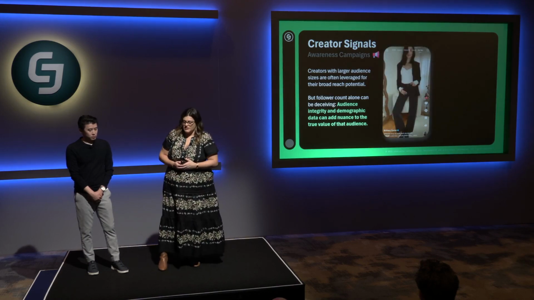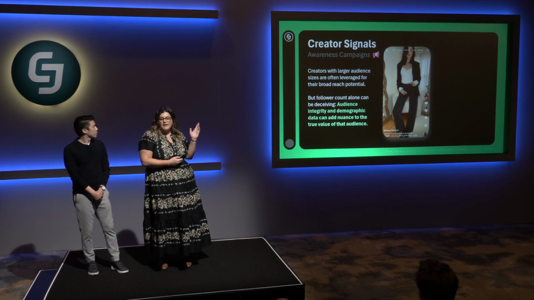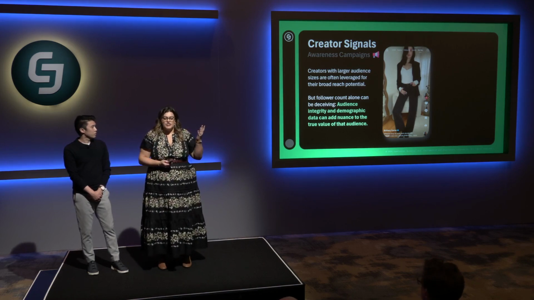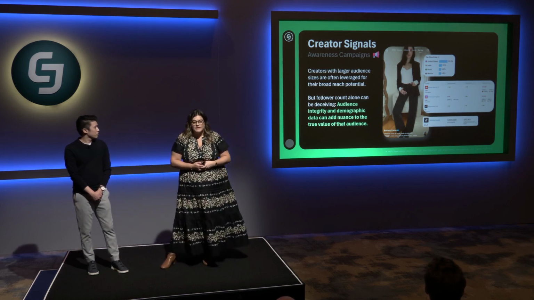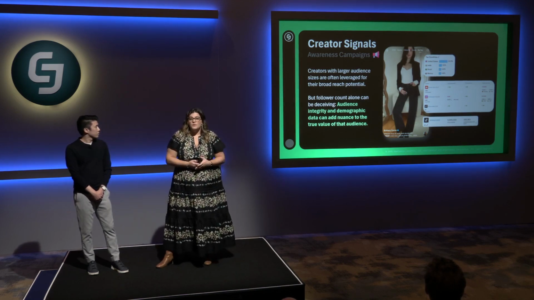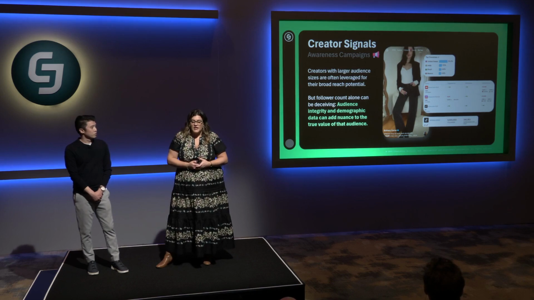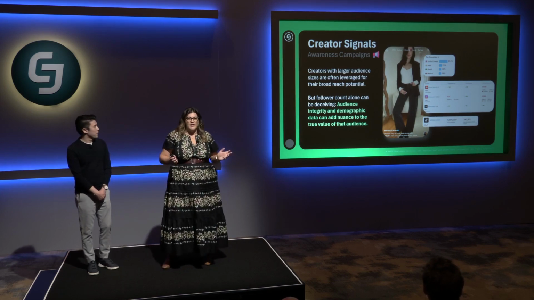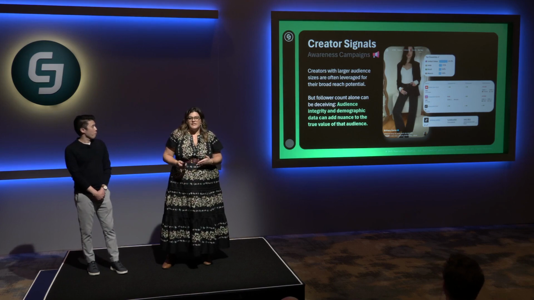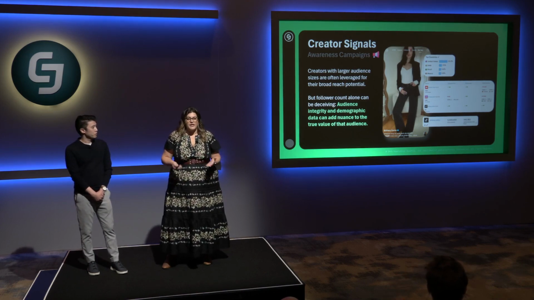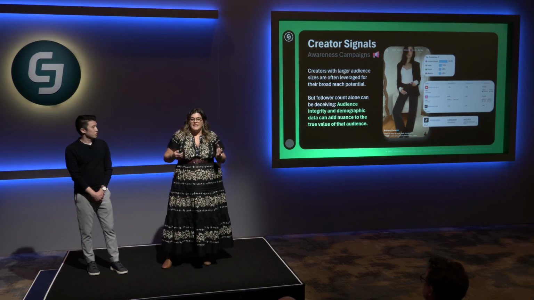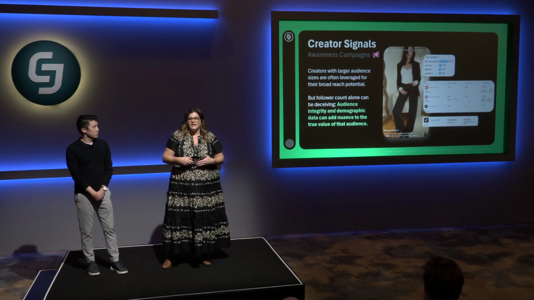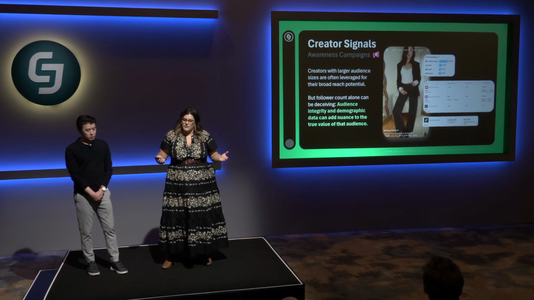So we have the tools to do that. We can take a high fashion influencer. She's kind of a lifestyle, very aesthetic content. She has millions of followers across all of her channels. Amazing. If we look at her TikTok in particular, she has 5 million followers. That's incredible. But through our insights, we can tell that she's reaching about 350,000 per post. That's not bad. That's great. But now we know this is data that can help inform our decisions. We're not going to expect that she's going to reach all 5 million. So now we can decide if that's really aligned with our goals or not.